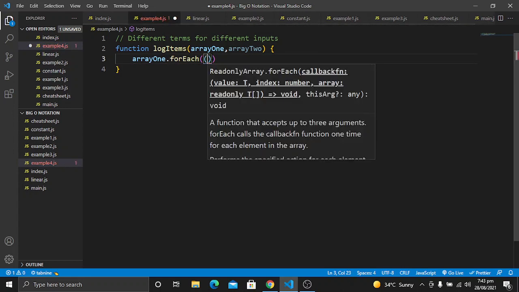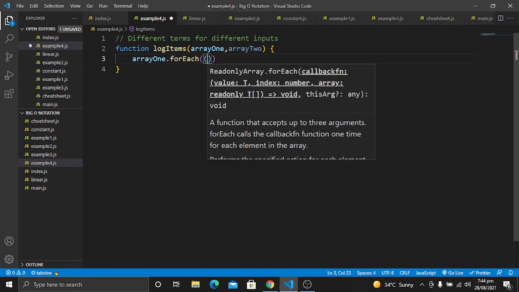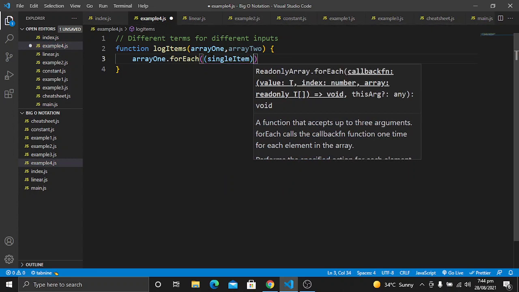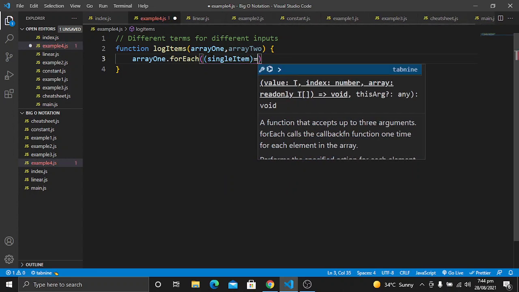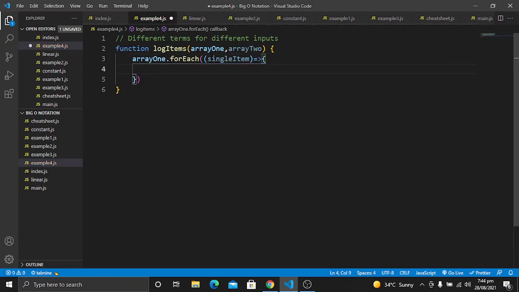It will have a single item as an argument. So this is also a version of the for loop in JavaScript. If you are using any other language such as C++, Java, Python, maybe C Sharp, you can use a for loop in place of forEach, and it will have a similar role, iterating through each element of the array.